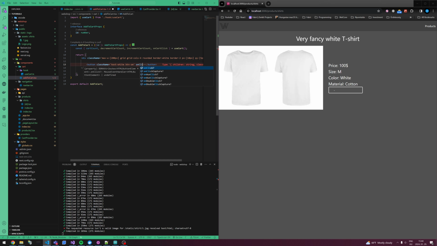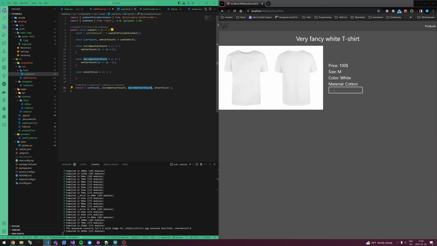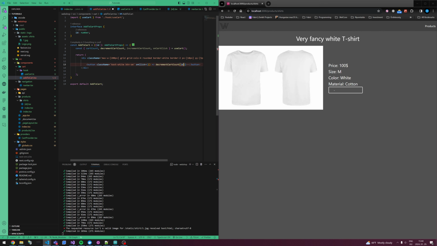On click we call the decrement cart count with the ID. Oh, I forgot. Oh, there is no need for ID. Oh, there will be need for ID, but for now it can be 1. I just want to show you the